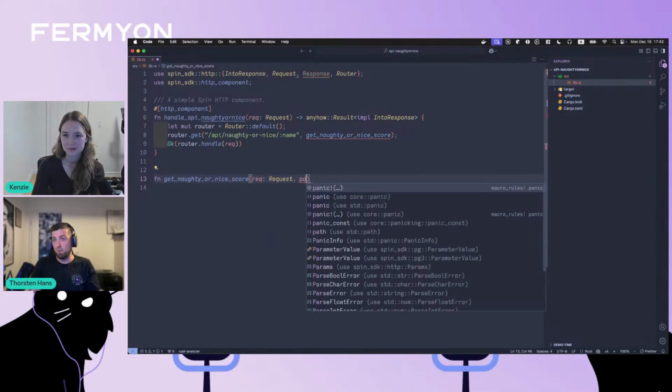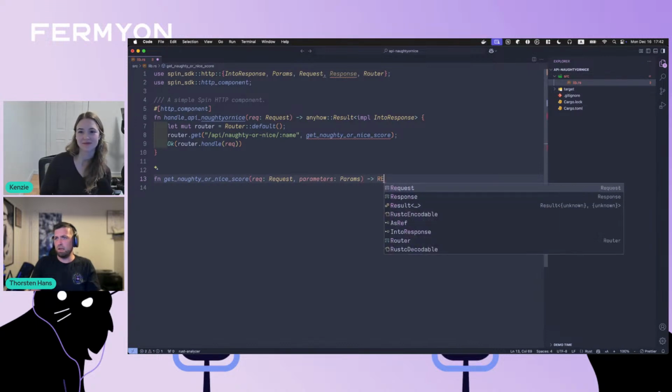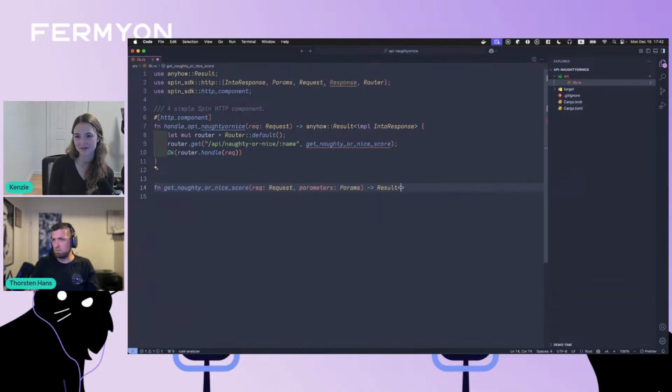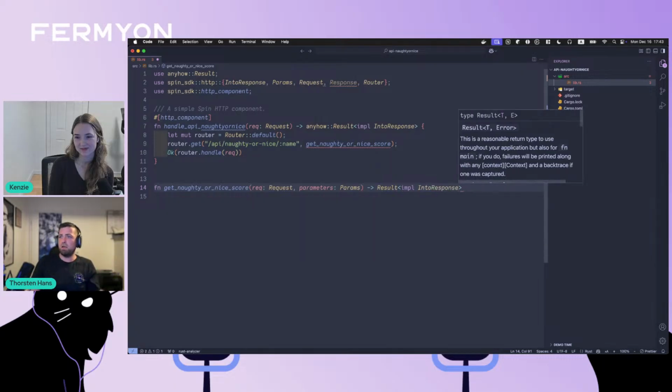We may want to read parameters over here. That's the params struct from our SDK. And we want to return an anyhow result. So for convenient reasons, let's bring in anyhow into scope that implements the into response trait. And if you work with